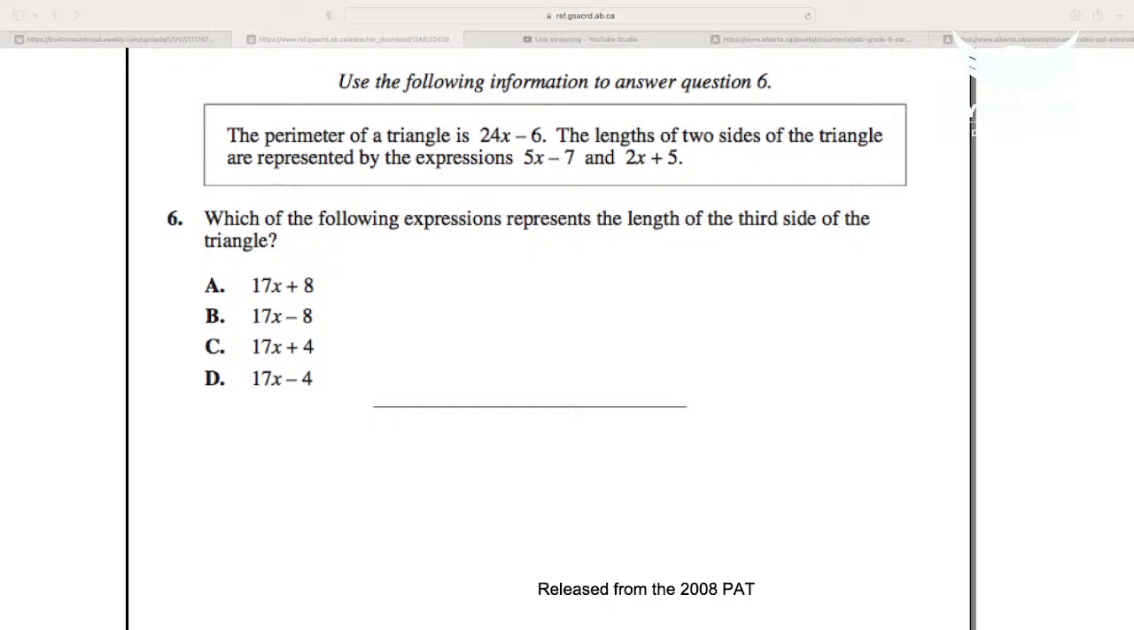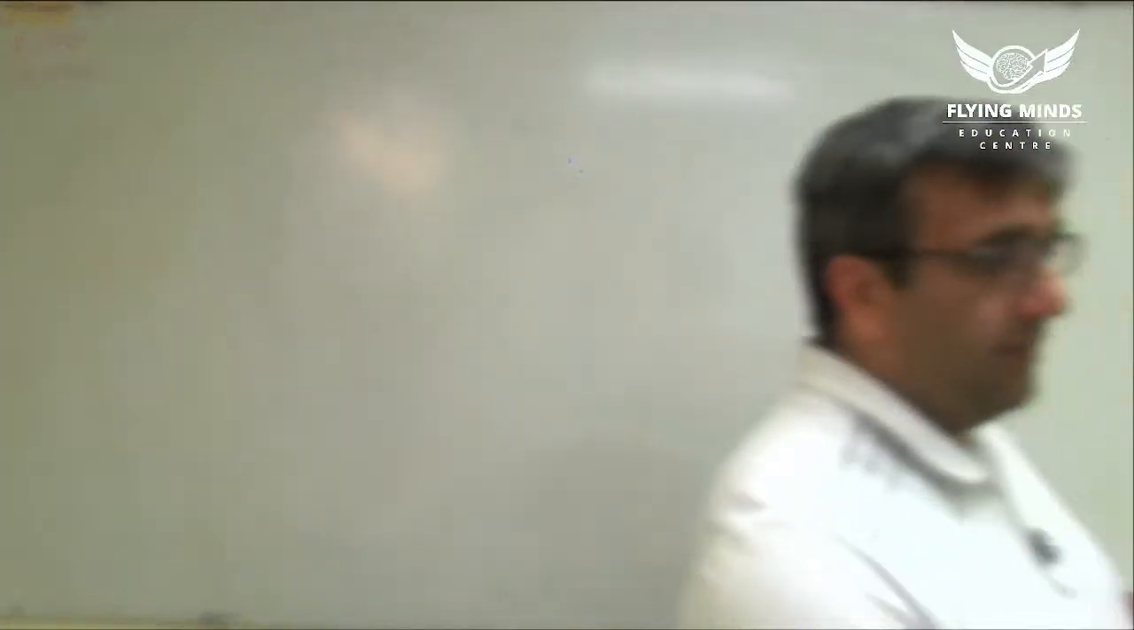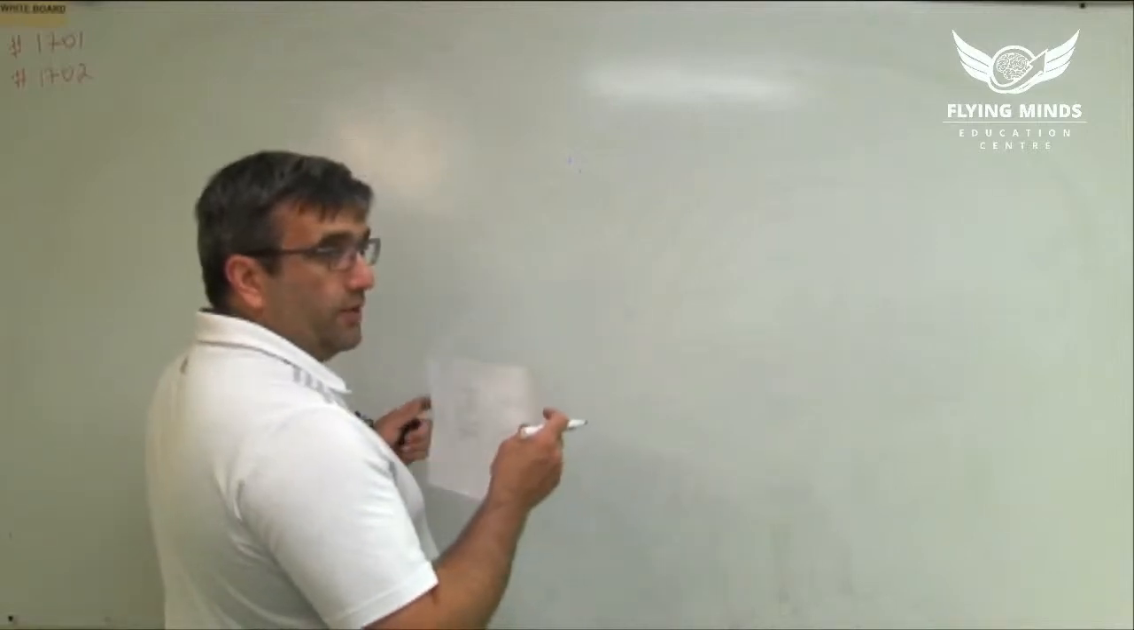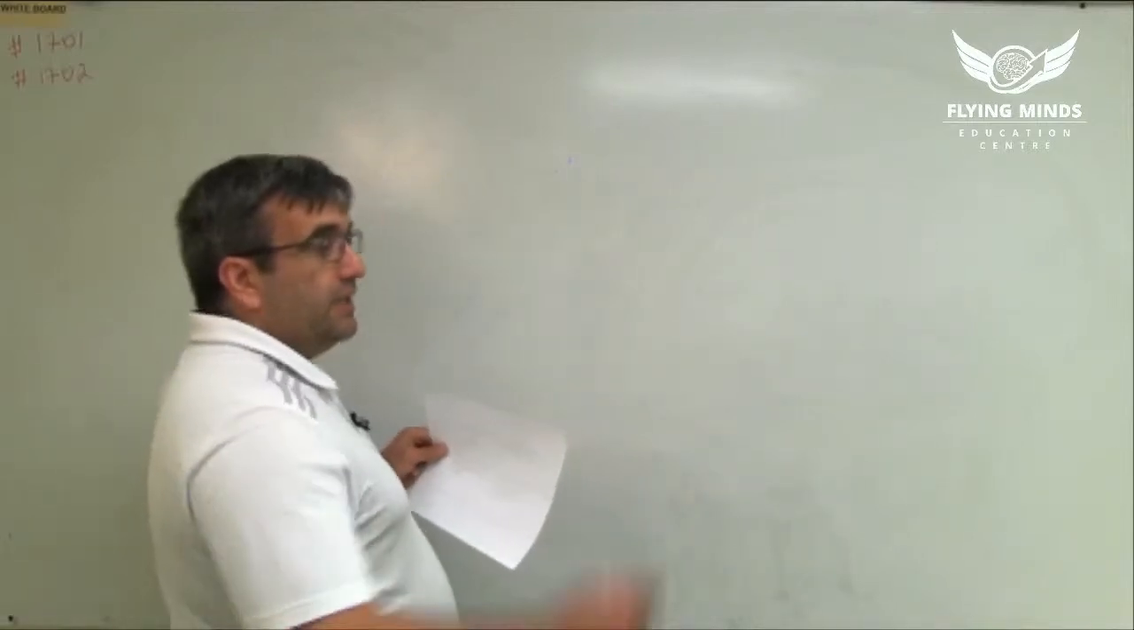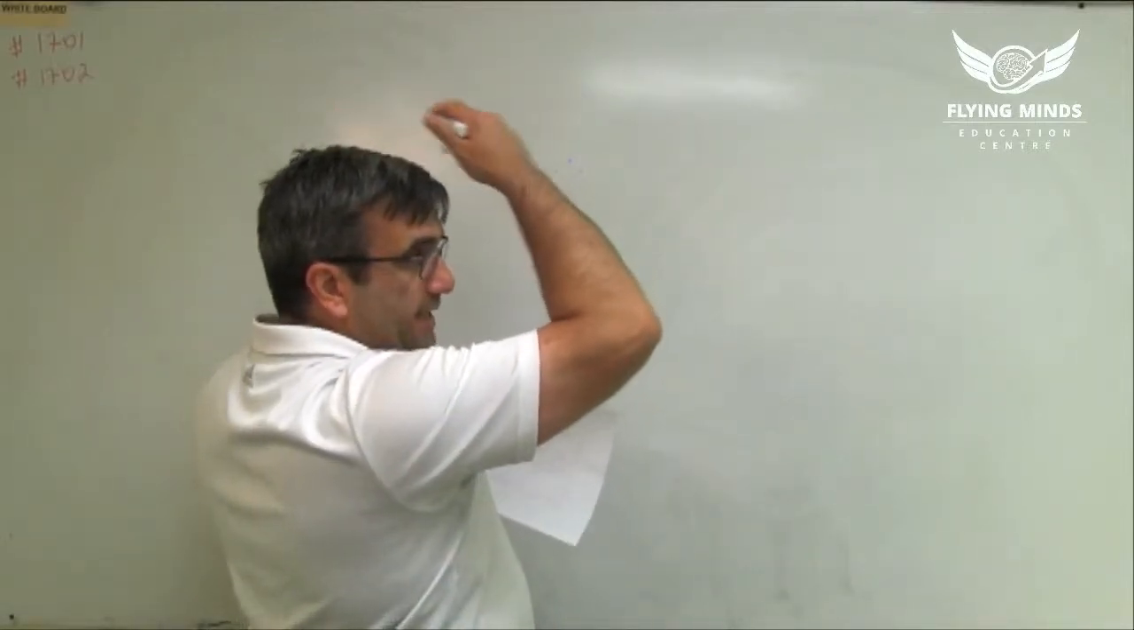Next question: the perimeter of a triangle is 24x minus 6. The lengths of two sides of the triangle are represented by the expressions 5x minus 7 and 2x plus 5. We need to find the length of the third side. So the perimeter is the sum of all sides, right? We know two sides, which are